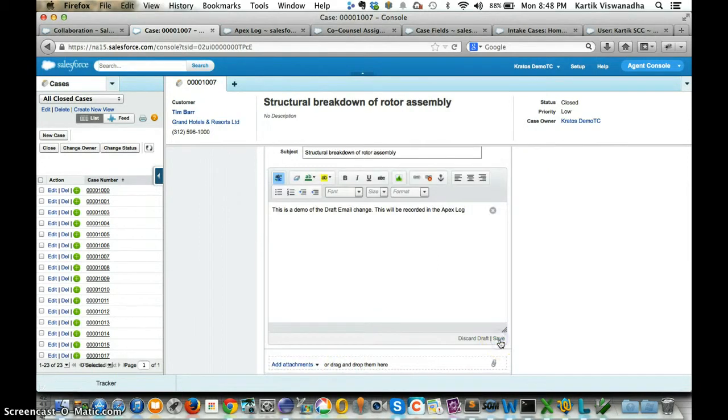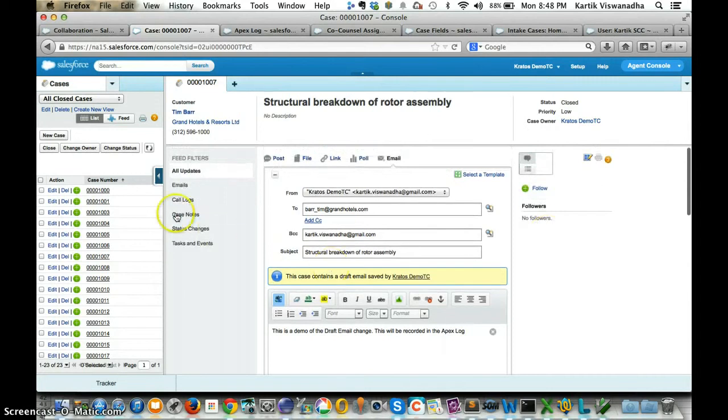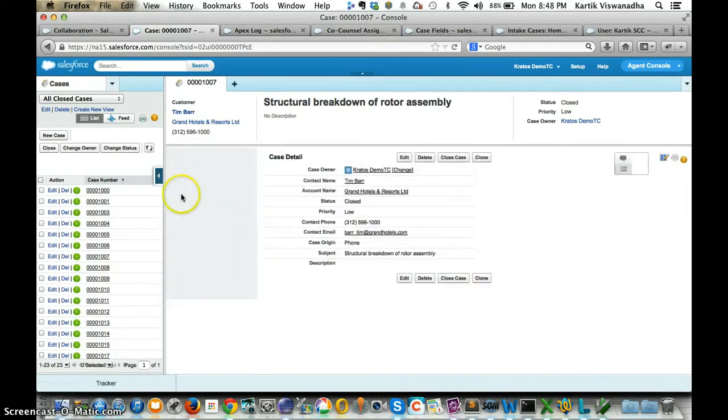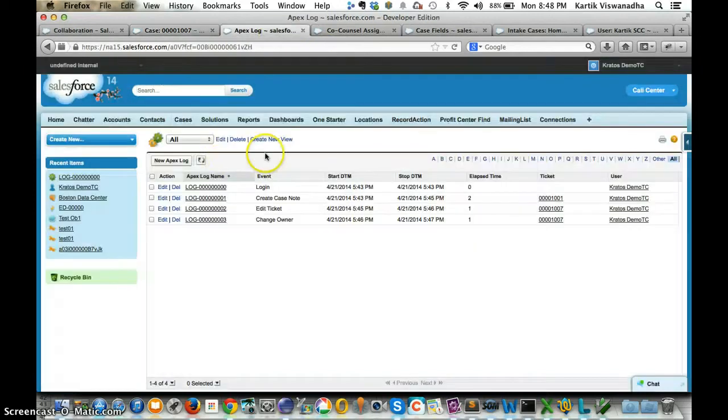If you save it, it's saved as a draft. So you can look at the emails. If you go back here, you can see that's the email draft that's saved.